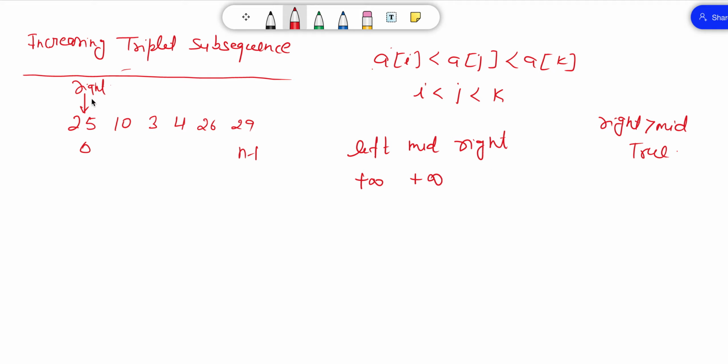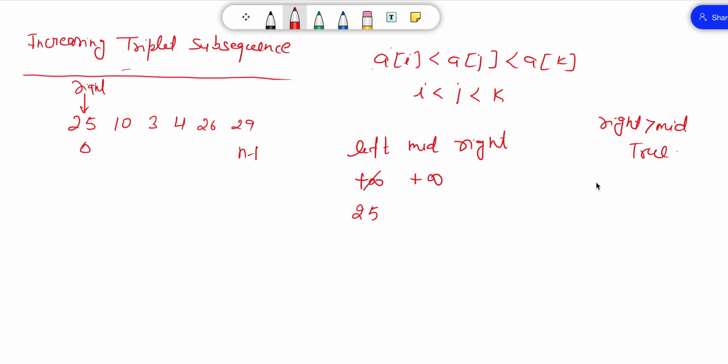So right is 25. 25 is less than mid, and also less than left. So we assign left 25.